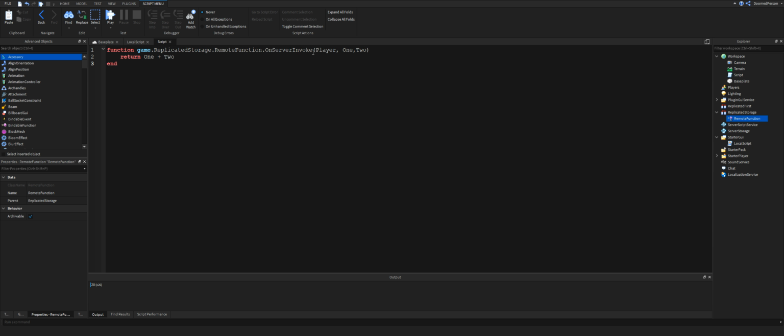You can also do something along the lines of function tutorial and then... Okay, so you can also do it like this, where you go right here and then you call it to tutorial function. But I personally don't like that as much. I like just having it straight up like this. And then also whenever you have a remote function, it's good to return a value. Even if you're not returning anything, you just type in return. But always make sure to return something. I never invoke the client. But anyways,